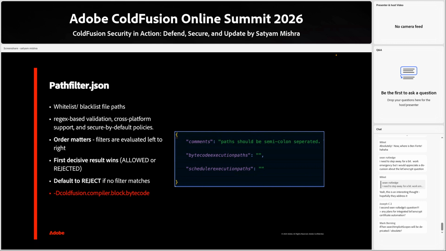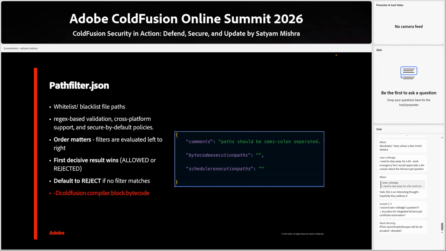What hackers did, they compiled some CFMs from other JVM languages, somehow injected them in ColdFusion, and were also able to execute that pre-compiled CFM. In order to mitigate it, we brought a key called bytecode execution path in pathfilter.json, where now if you want some pre-compiled CFM to run in your server, you have to whitelist that path